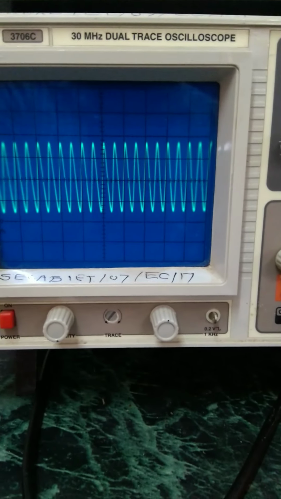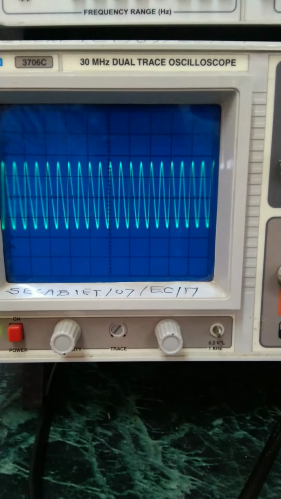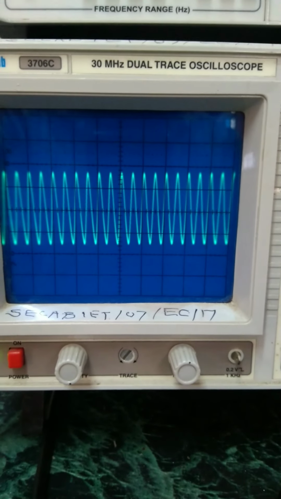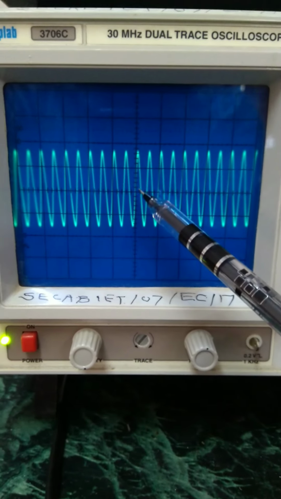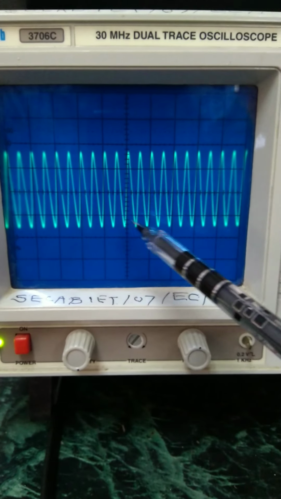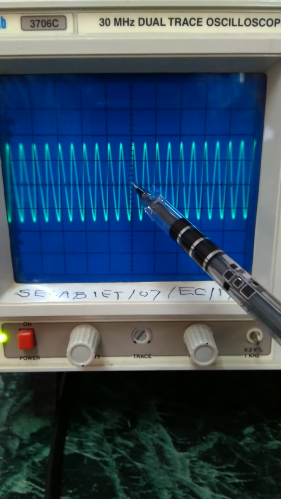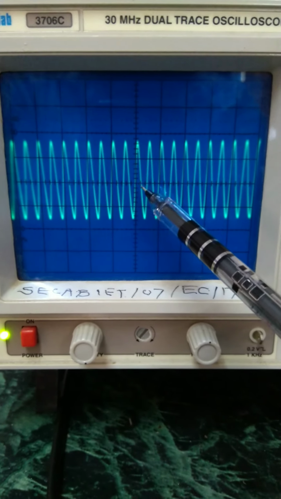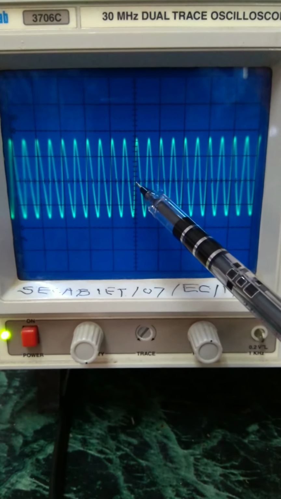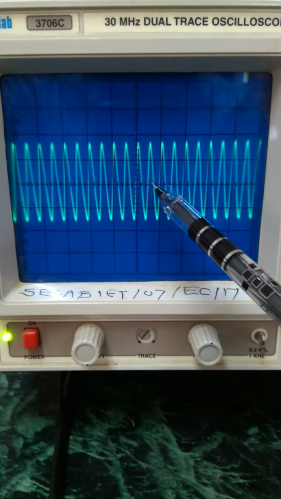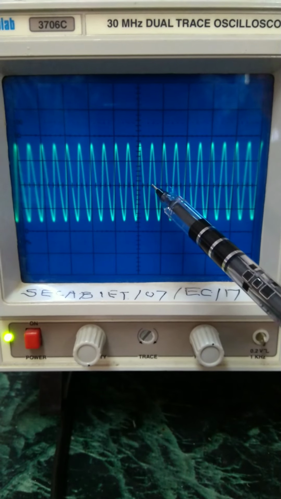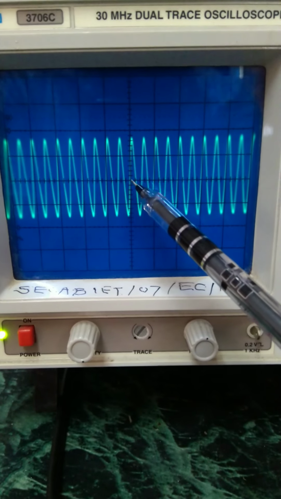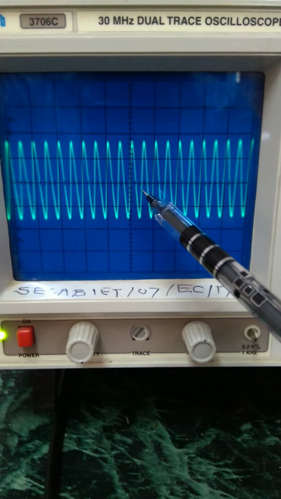Okay, so let us try to measure its frequency. You cannot measure frequency directly from our analog CRO. So instead what you have to do is, you have to measure the time period for one full cycle. Let us consider this cycle. It is starting at this point, it is ending here. So within this one full block, it is covering half of the block. You can see 2 divisions. It is not so clear, but there are 2 divisions, first, second and third is here. In between that there is this line ending. So it is starting here, it is ending here. It is one full cycle. In order to cover one full cycle, it is taking half of the block.